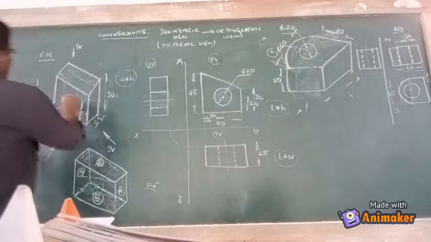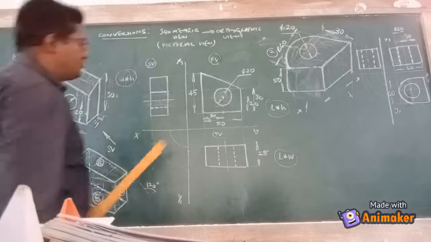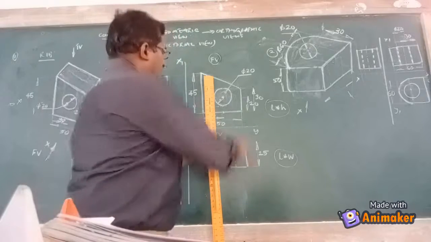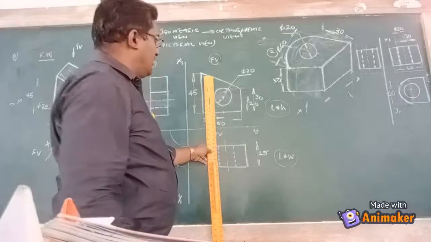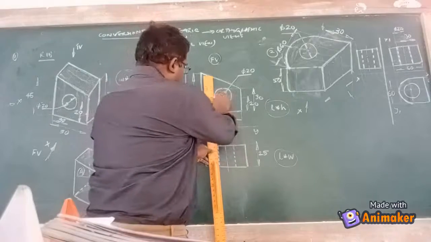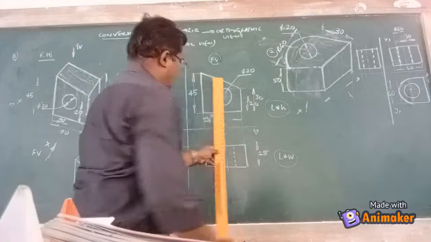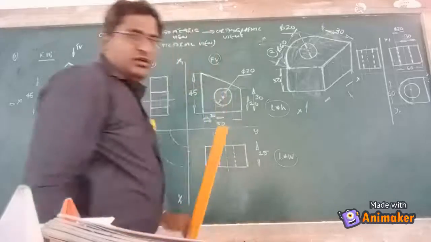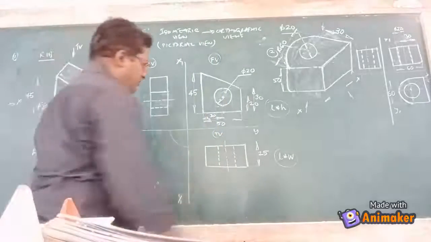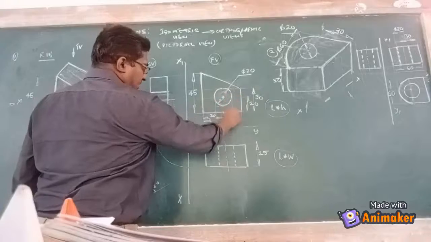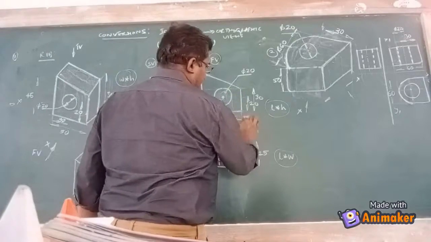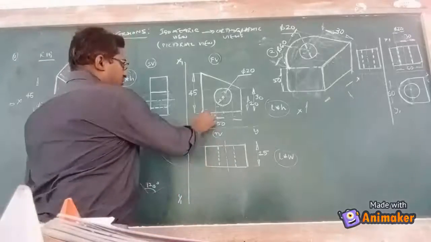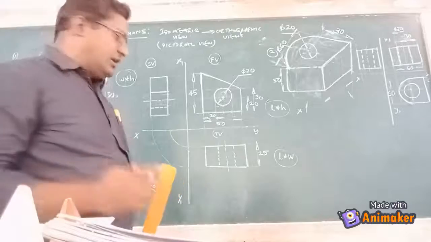Now we have to obtain the projections of the concentric hole. So from the front view, we already have represented the concentric hole at a distance of 30, 20. Now we have to just draw projectors from this and extend it to the top view such that the relative position of the hole is visible. So you can see that these should be construction lines which should be drawn with HB pencil. All the visible edges should be drawn with HB pencil, that is mandated. Okay, all the projection lines should be with 3H.